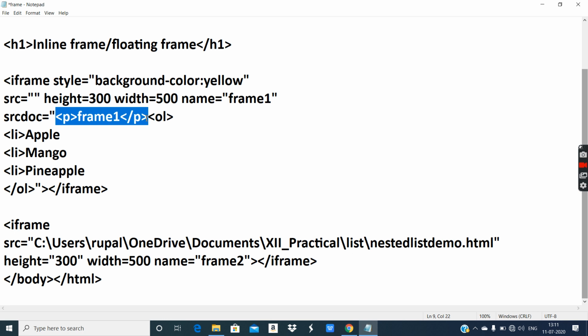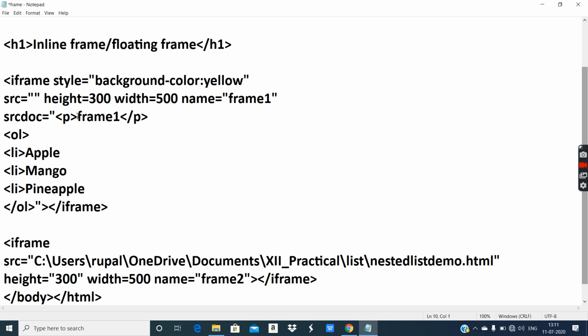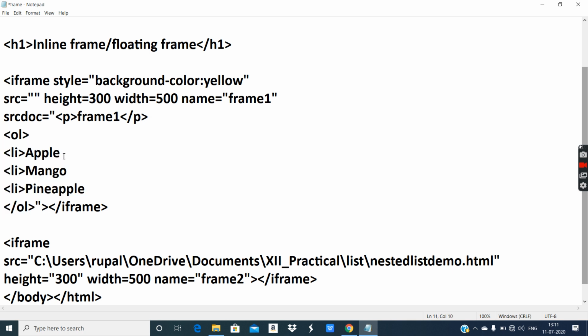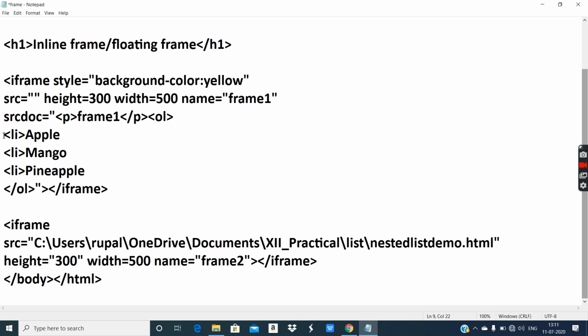Here, I have used multiple HTML tags, a p tag to provide this description, frame 1 or any other description you want. I have also given an ol, ordered list, which is the total container of the ordered list in which I have multiple list items. The li tag closing is optional, so here I have not provided li tag closing. You can write all these tags in a single line.